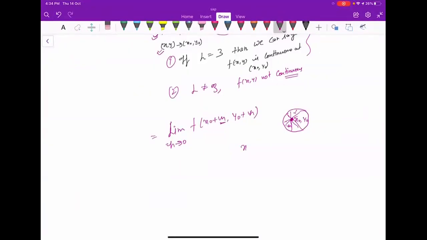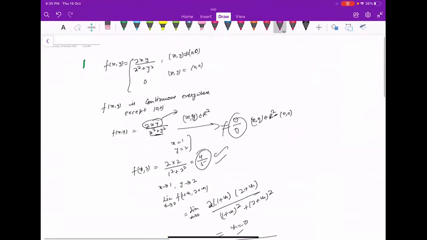Okay, so this is the thing that I wanted to discuss. Suppose we want to compute the limit at any of the points. We take a small neighborhood and check all points approaching the point at which we want to compute the limit. Then we say whether the limit exists or not, if h is going toward 0. So this is the limit definition.